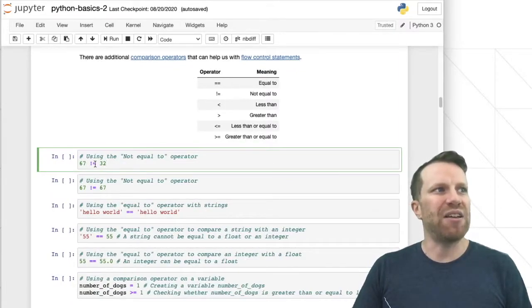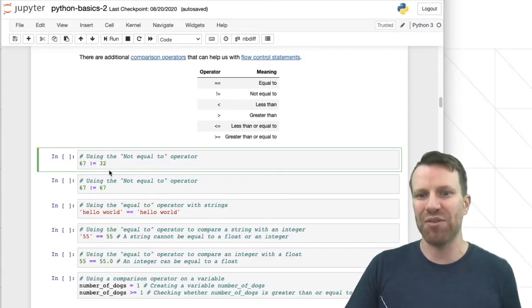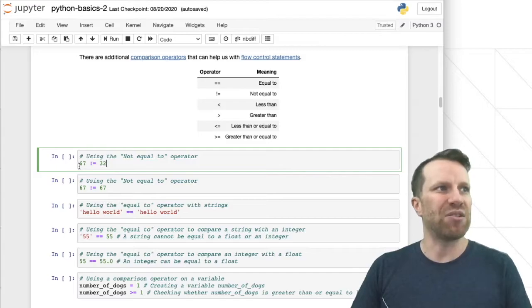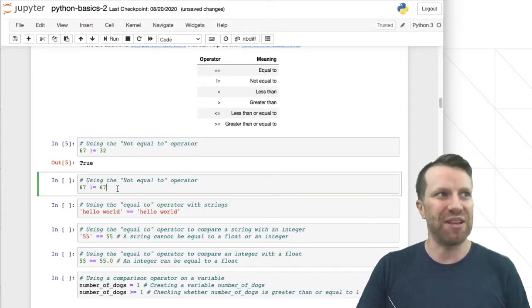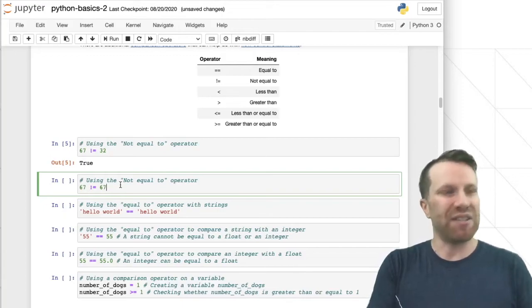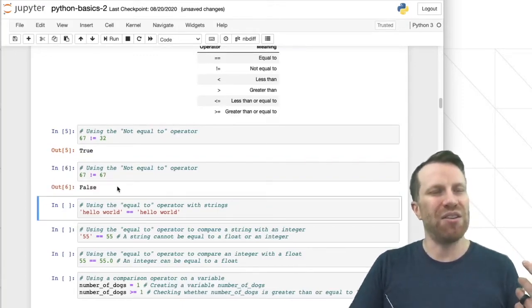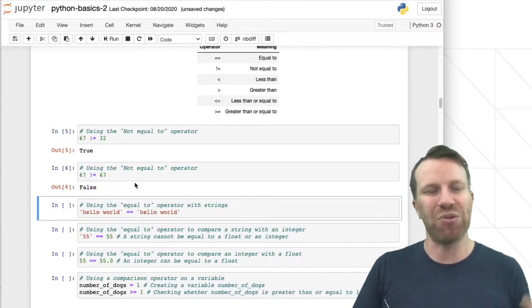67 is not equal to 32. So we can ask ourselves, is that a true statement or a false statement? It's going to resolve and it's going to be either true or false, right? So 67 is not equal to 32. We know that. We're going to run this code cell and we're going to get back true. 67 does not equal 67. Well, in this case, that's obviously false, right? Because 67 does equal 67. And so you can see the way that we can form some more complex logic with this not equals to